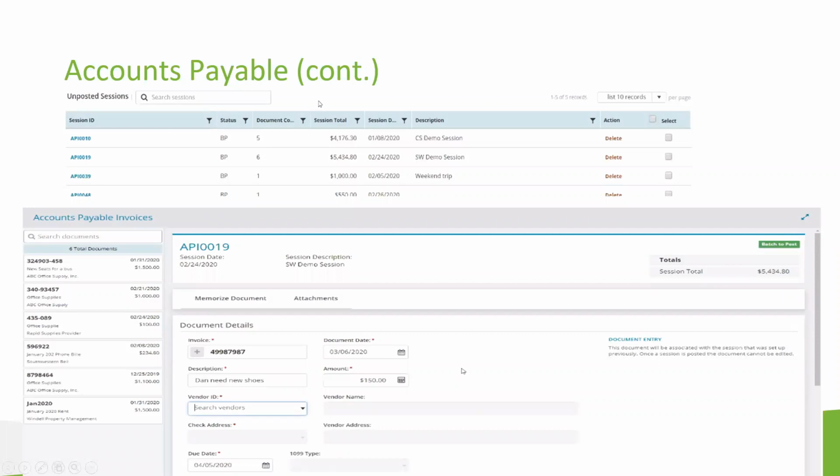Something else to call out here is that MIP is going to track 1099s for all your vendors. And when it comes time, MIP is going to connect and e-file the service and let you send that information for free over to the IRS. If you decide that you also want to use MIP to generate and distribute those 1099s to all your vendors, they do have a couple of options.